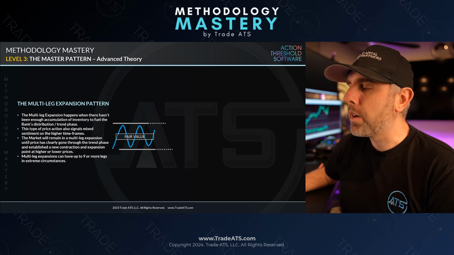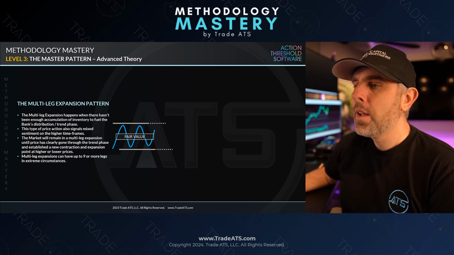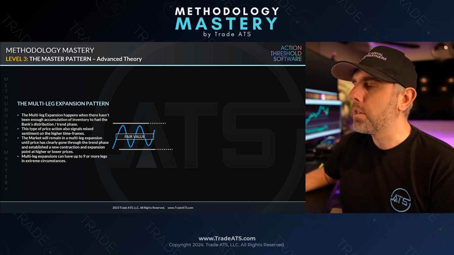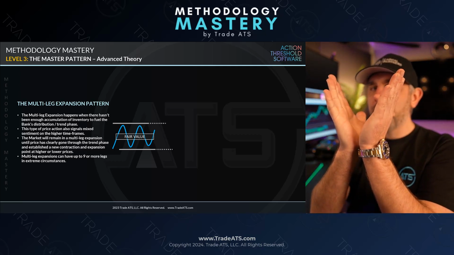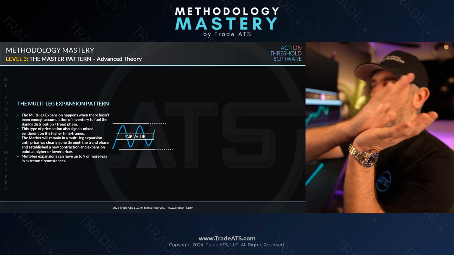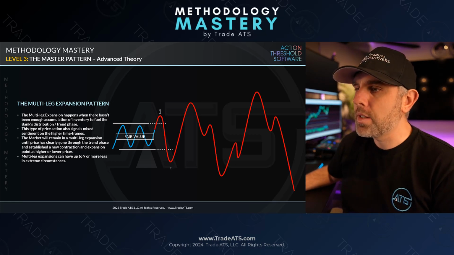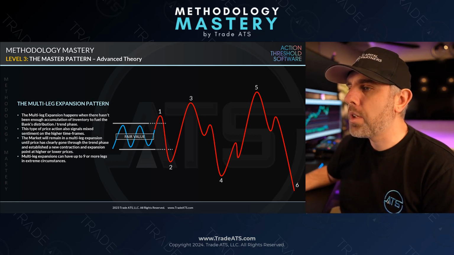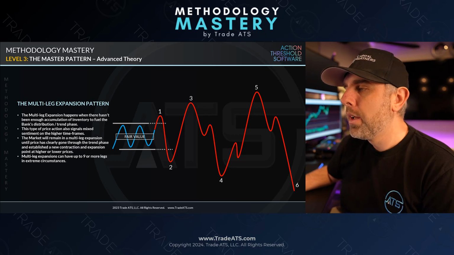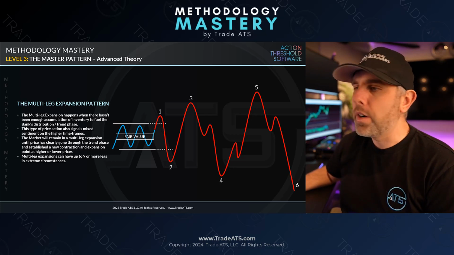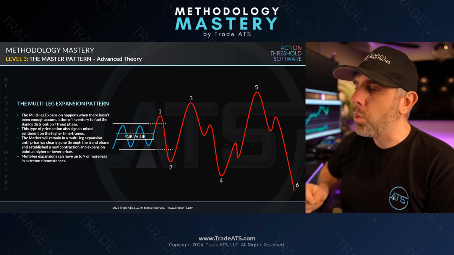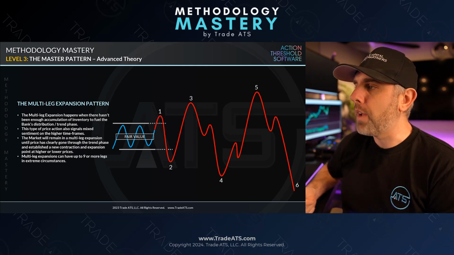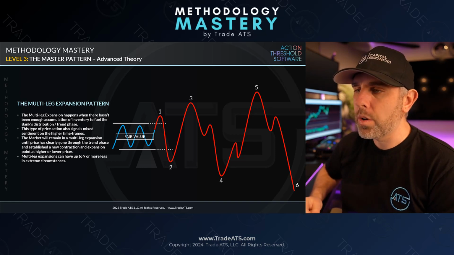So we start with fair market value, as always, with the 3 market phases. This is what a multi-leg expansion looks like. If you picture a funnel, we all see it like a funnel kind of like this, right? Well, you could think of that, but going sideways. That's what the multi-leg expansion looks like, just like this. And you notice that we have the numbers coming in. We have numbers 1 and 2. Those numbers 1 and 2 are very important because, if you're looking at ATS software, those numbers 1 and 2 are what give us a fair market value line in ATS software, or an expansion line, we'll call it.